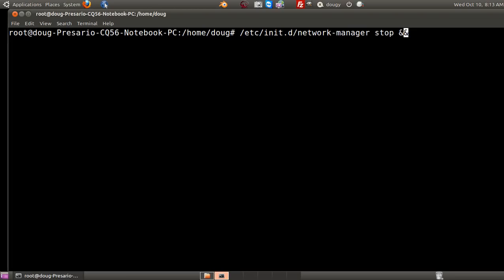So I'm going to stop the network manager because I can't use it with the terminal, and at the same time, or a split second or a millisecond later, or however long access time is on a gigahertz, I'm going to use another manager that is more terminal friendly, and it's like a generic manager. It's called dhclient, and dhclient takes a parameter of device. Okay,